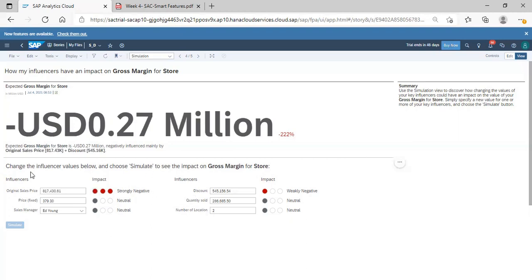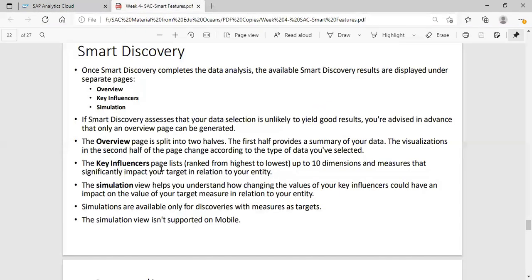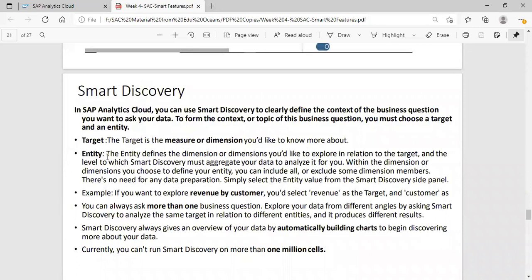So once you do the simulation, you might get some changes in your data, and they might ask you, okay, you need to change your target and the entity, because I'm not facing any kind of change here in my influencers or in my data. So just change the target and the entity.